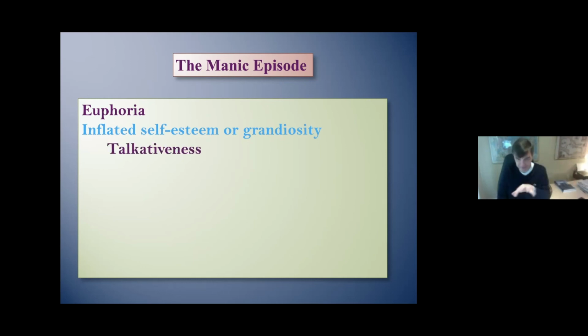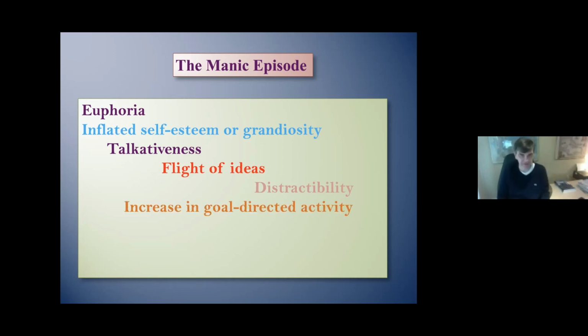It's about talking and chatting and posting and discussing things. It's about TikTok, Instagram. It's lots of presence right there, excessive presence right there. Flight of ideas, like fireworks, they're being fired, and they're like flashes that come and go, distractibility. So everything becomes a distracting factor for the individual. Increase in goal-directed activities. So there are certain things that they start doing and continue doing, and usually self-destructive issues, gambling, and